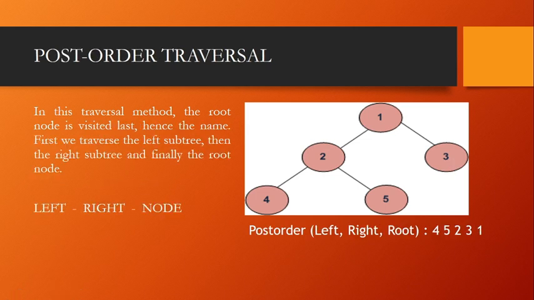And finally, post order traversal. Here we start from left, right, and node. We know that the leftmost one is 4, that will be printed first. And we are supposed to print the right side, but we have to complete this subtree first. So in the subtree, this is the left, this is the right, and this is the node, parent node. So I am going for 4 first, 4 will be printed, and then I go for 5, 5 will be printed, and then I go for 2, 2 will be printed. The subtree is over now. So left part is done. Now go for the right part. We have 3, that will be printed, and finally go to the root node, that is 1.